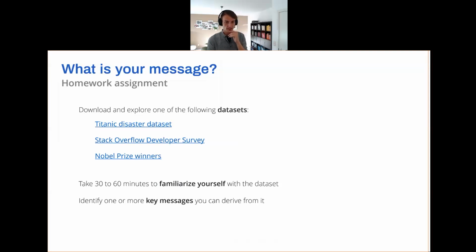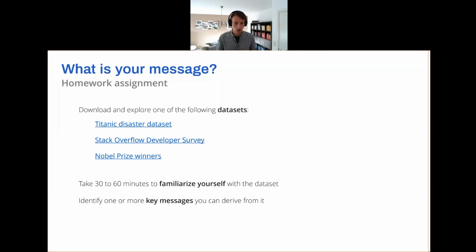There are survey results from a survey that Stack Overflow conducted with a lot of developers in 2017. And there's the data set of Nobel Prize winners between 1900 and 2020 in different categories, part of which I have already shown. Again, you get the name, the age, the country they were born in, gender, etc. And what I would ask you to do is to take 30 or 60 minutes,